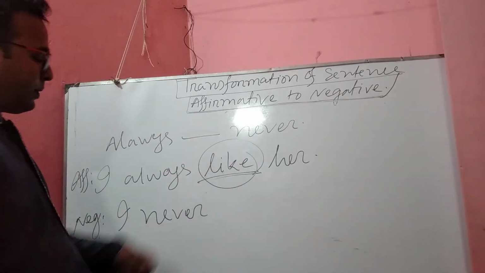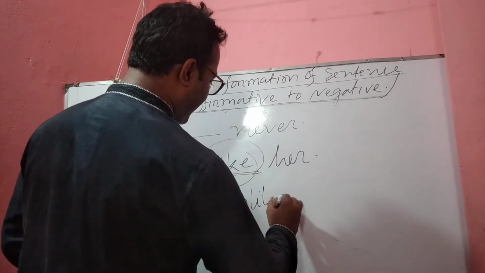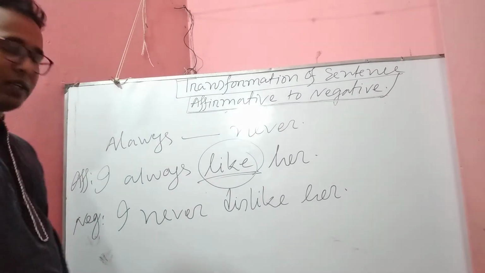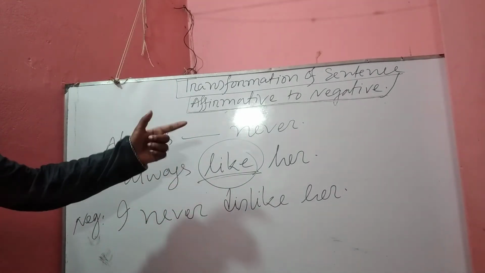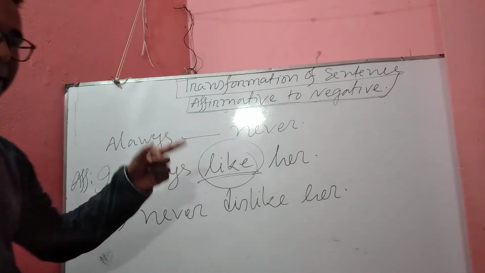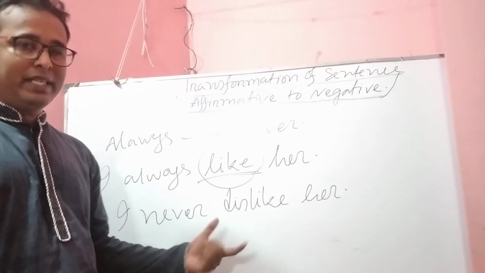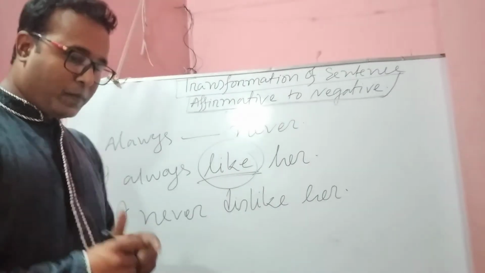The opposite word of like is dislike. Okay, so it is clear to you that you need to change any word of the sentence according to the demand of the sentence. It is not specifically an adjective, it can be any part of speech of this sentence. Okay,